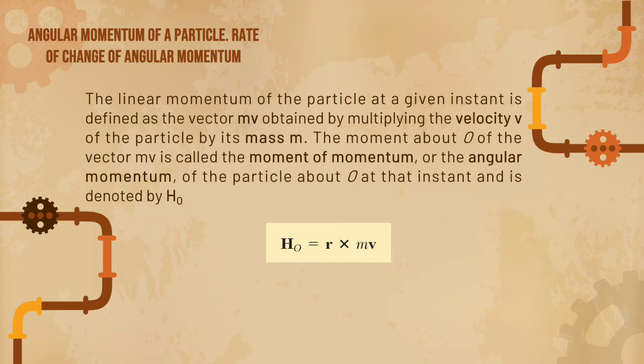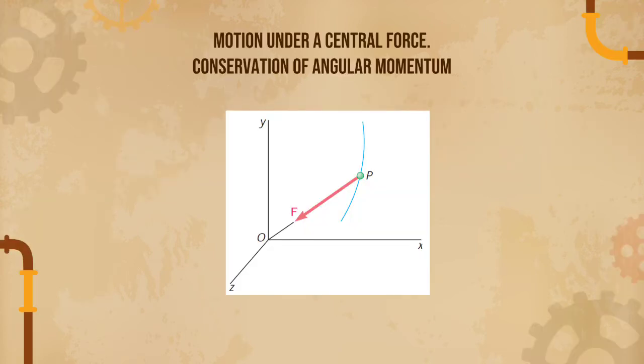Recalling the definition of the moment of a vector and denoting by r the position vector of P, H sub O is equal to r times m times v. Motion under a central force. Conservation of angular momentum. When the only force acting on a particle P is a force F directed toward or